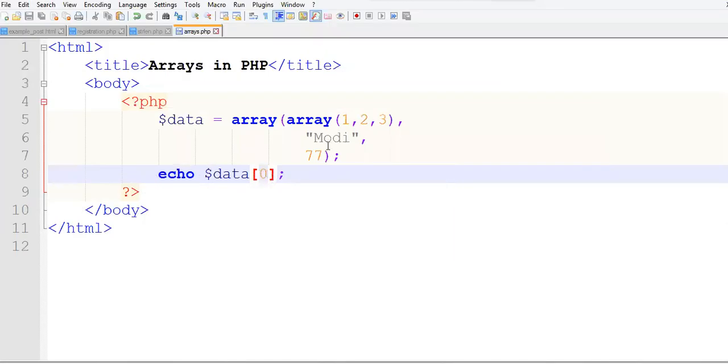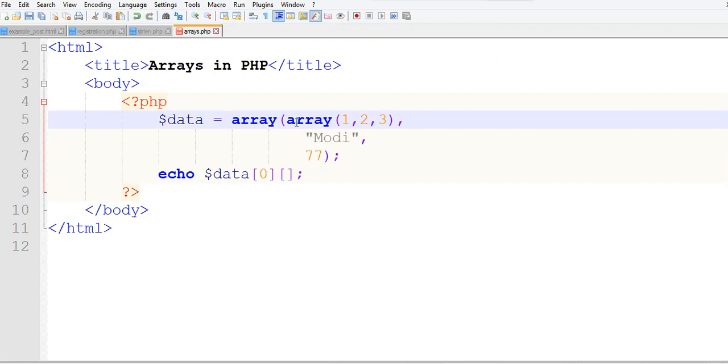So now how do we access the values that are present inside this array? For that, we have to give two indexes because it is a multi-dimensional array. The first index belongs to the first array. So we are trying to access the value that is at index 0 in the first array.